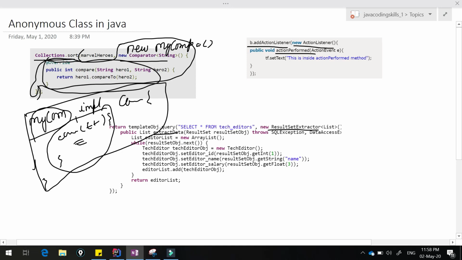Rather than creating one separate class, implementing those things and passing that object here, it's not required. If something is very specific and is not going to be used anywhere else other than your requirement, you can implement it like this: new and your interface name, and you can provide the overridden method here itself. So that is the anonymous class style.